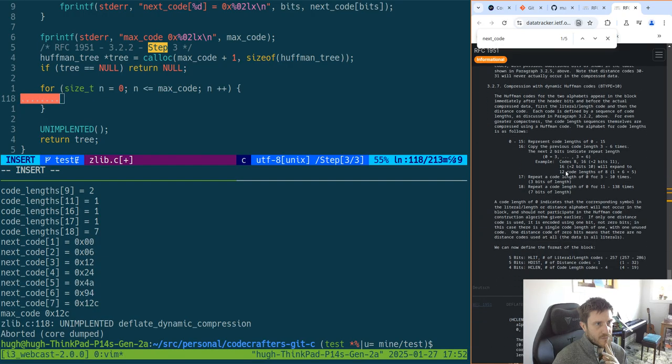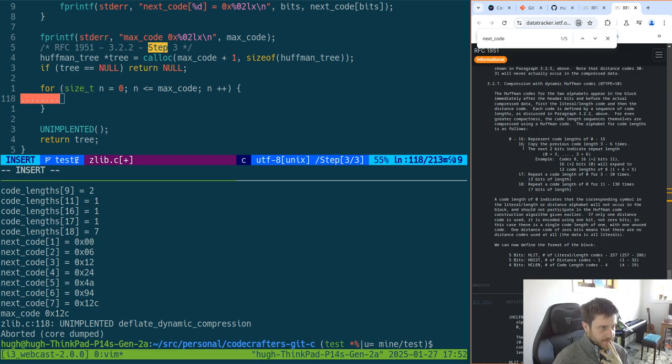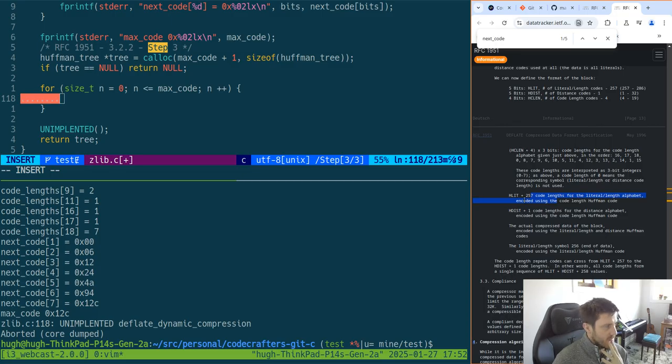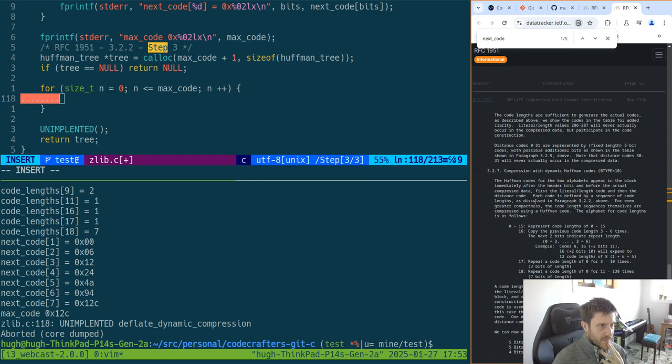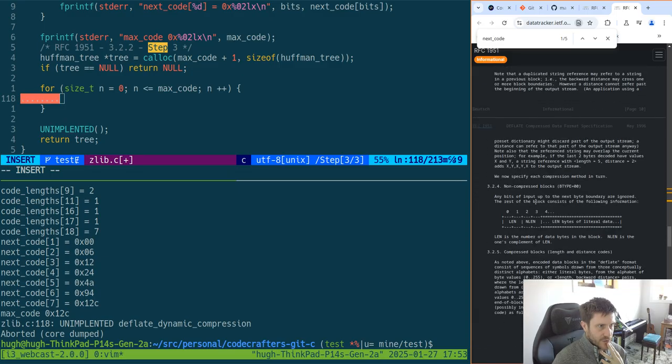It's not this one. I think it's meaning this. But yeah, we're going to be reading some things. But after like building a tree,